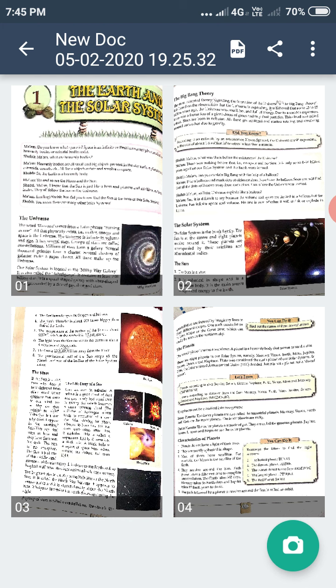Because of the gravitational force, all these members, you can say, of the solar system remain close to each other. Gravitational force pulls them towards each other. Now let us study one by one about this family of the, you can say, star. First of all, star. We'll start from stars, or you can say we will start from the sun. Sun, I have already told you, it is a star.